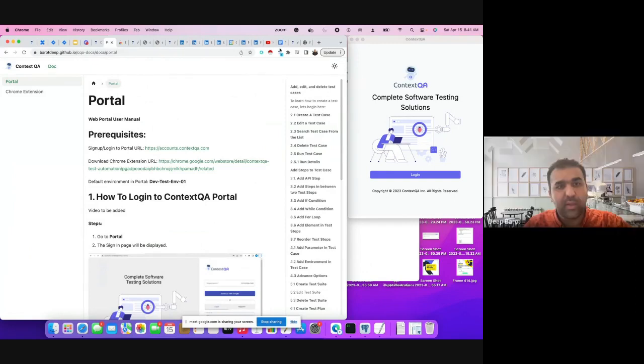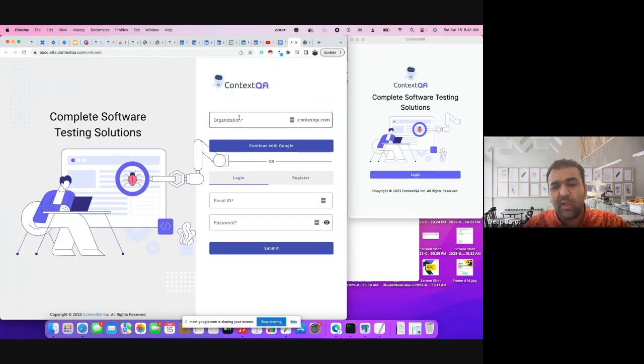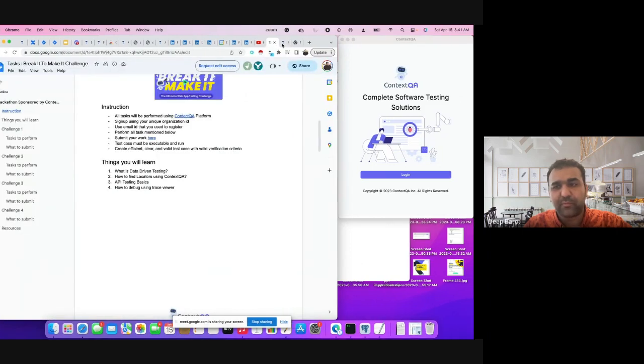No? Okay, thanks. Moving forward, you need to sign up if you haven't signed up. You will be able to sign up through here, either through your Google single sign-on or a regular password. You just enter a unique organization ID here, as well as your full name, your email address, and password. So you will be able to sign up by yourself.